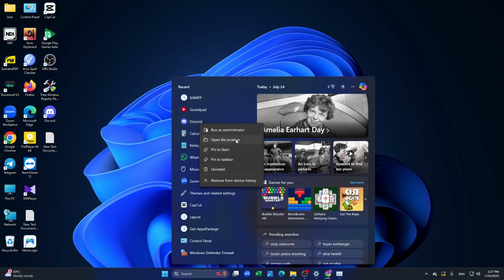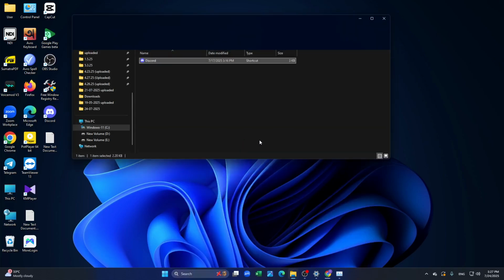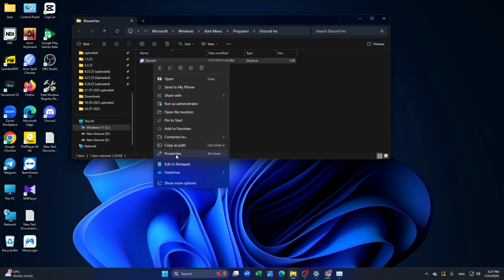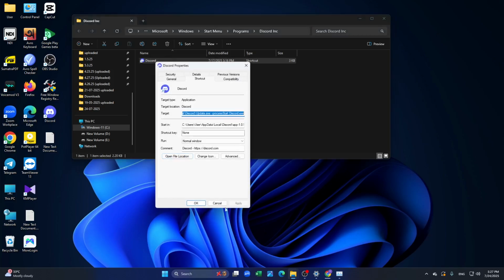You just have to right click on the app and click on open file location, and then you can find the Discord shortcut. You just have to right click on it and click on properties from here, and in the target section you just have to copy